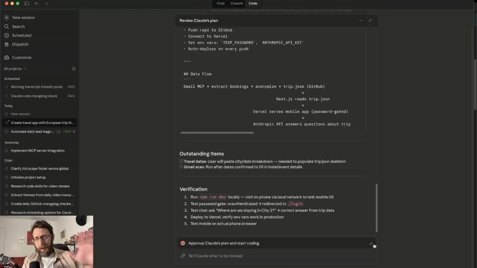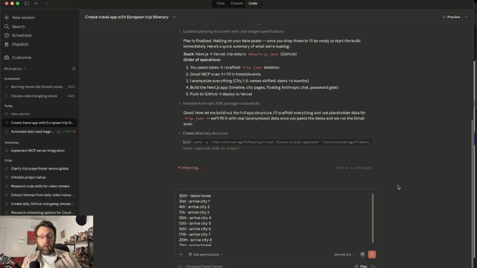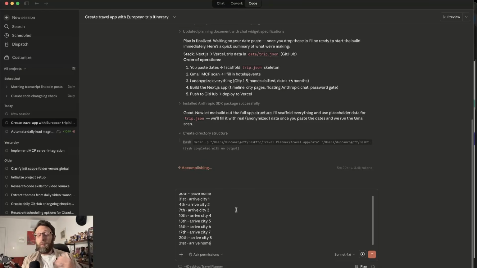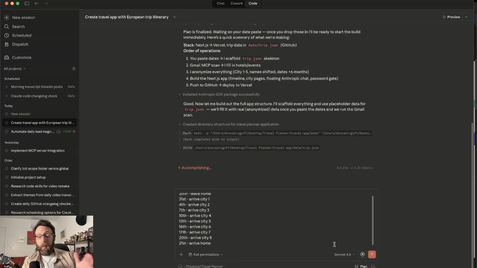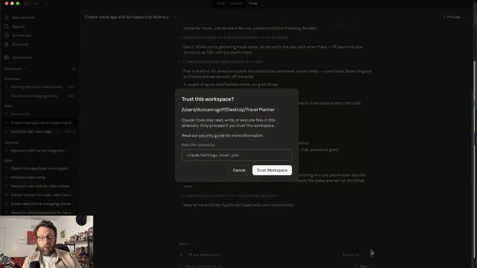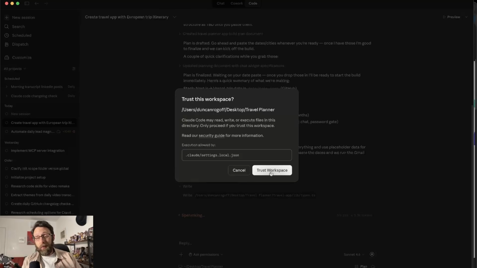We can get it to work, and I think that we can fill in the rest of the dates in a second. So you can see how crazy our trip is. The 30th, we are leaving home. 31st, we're arriving city 1, the 4th, city 2, the 7th, city 3. So basically we're spending 3 nights in every single city, and then we are returning home. So I'm just going to send this off too, so that Claude Code basically has access to the dates that